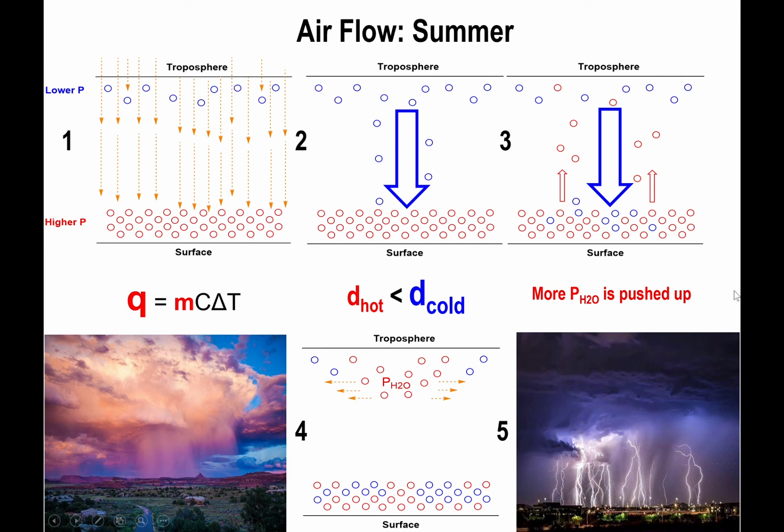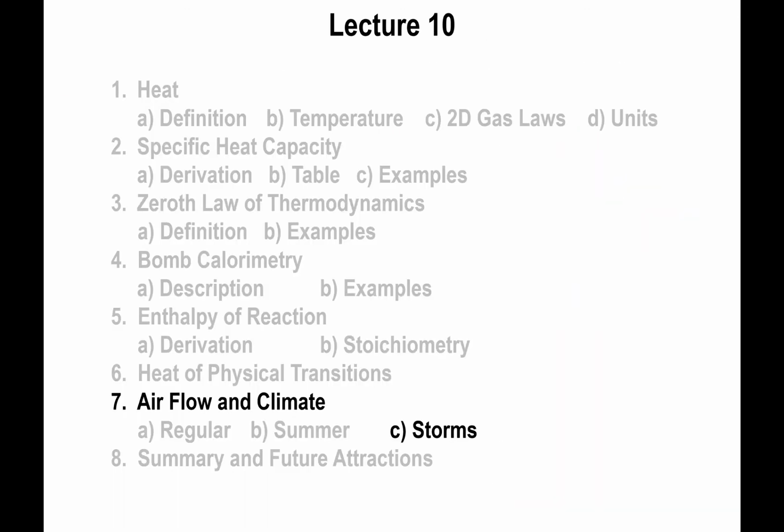But the key idea right here is that we are yielding more water vapor in the atmosphere, and that water vapor is giving a lot more energy, yielding not just clouds, but now storms. So in essence, the storms are basically being powered by water giving away some of its heat as it condenses back to a liquid phase. And if the storm is a little bit nasty, it could actually produce hail, in which case you have even more energy given to the storm. So that would be a nastier storm. All right, now let's consider